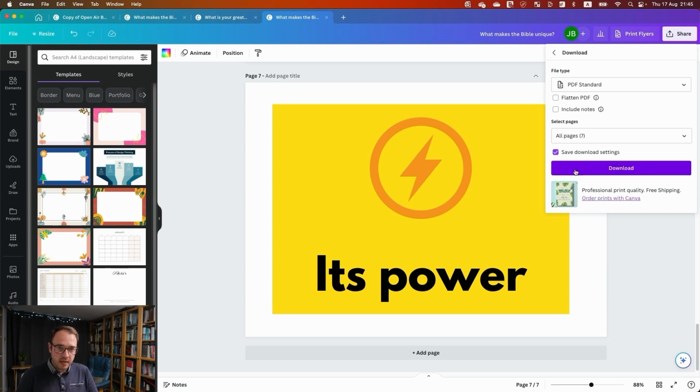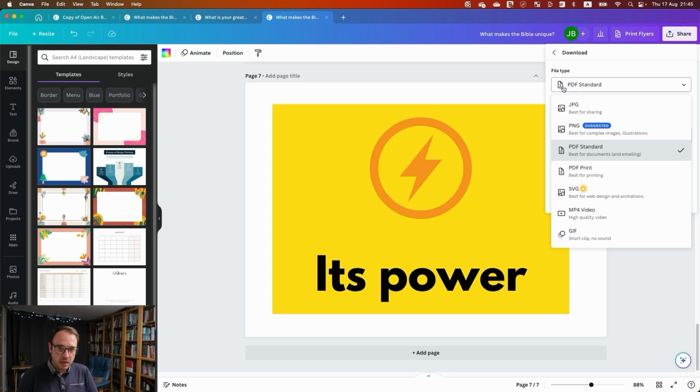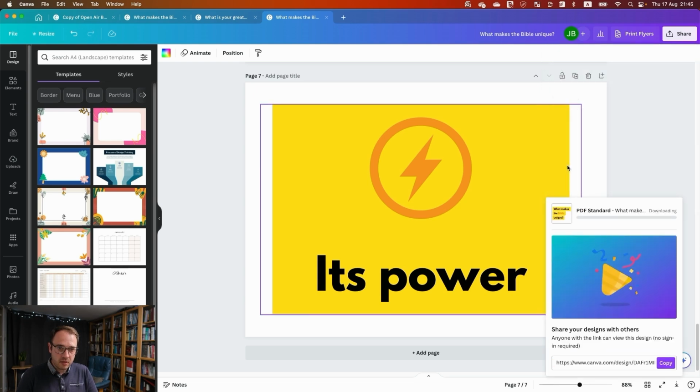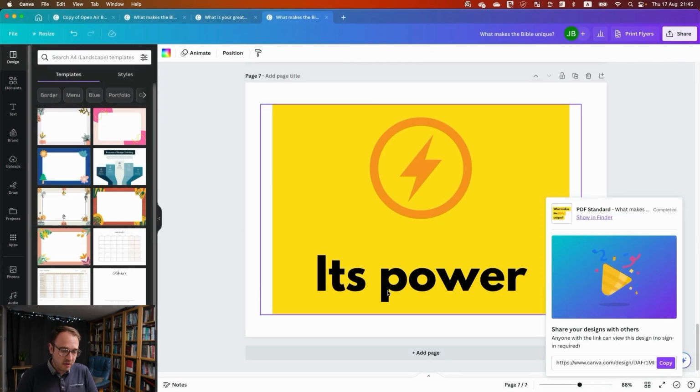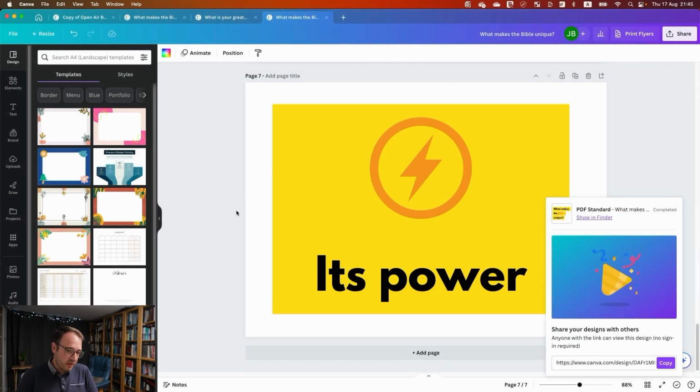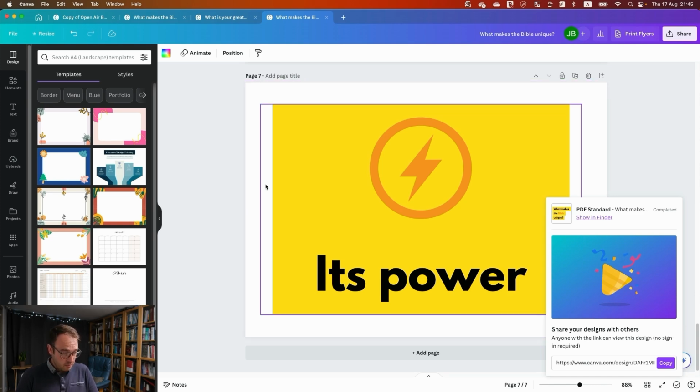So I'm going to click Download, and what that will do is create a PDF that downloads onto my computer, which I can then print and use. So there we go, save that to my downloads. I will then be able to print that off as a PDF and cut the visual aids out, laminate them